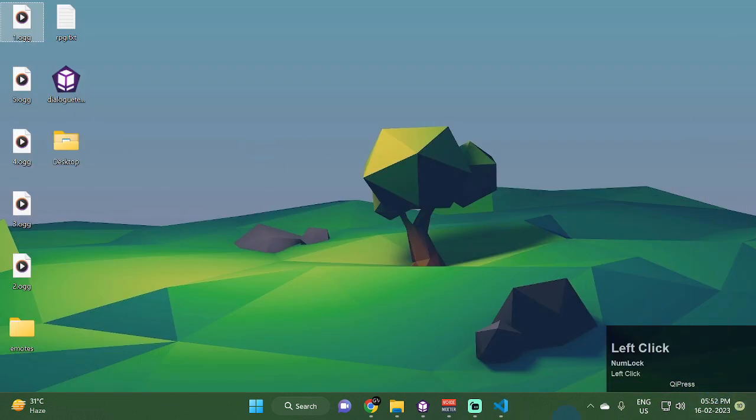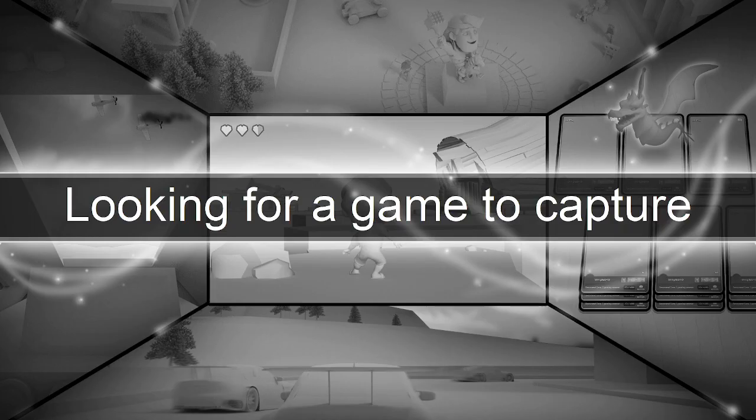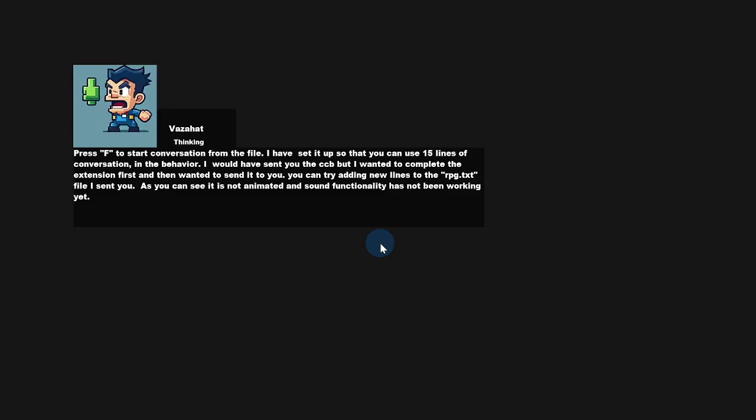And now let's just try running the application. So let's just press Ctrl F10, and we will be provided with the scene and it gives the basic instruction. So here we have our character avatar or avatar images. We have the character name here and the character expression and the dialogue, you can see the dialogue overlay. So if I press F,